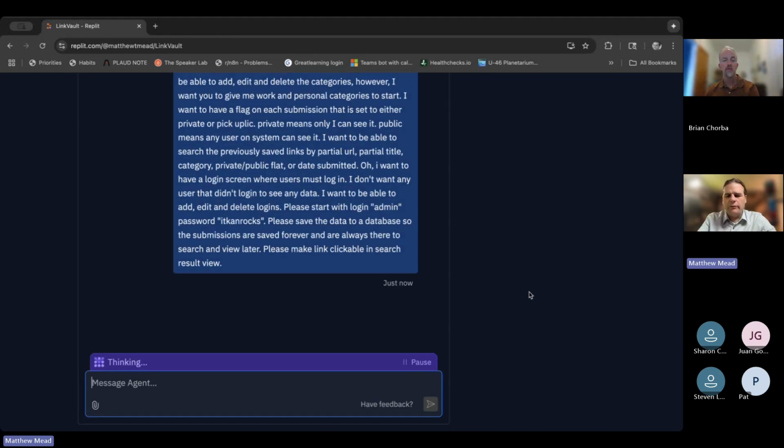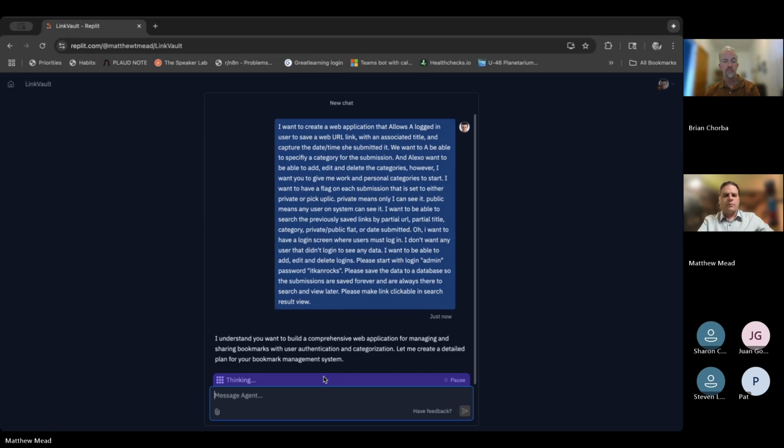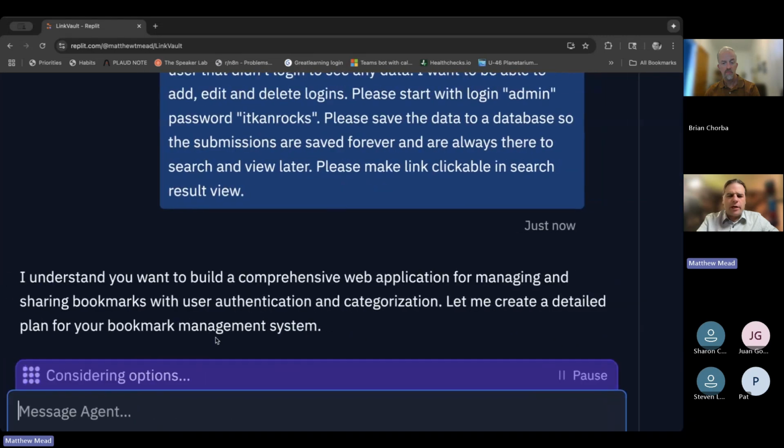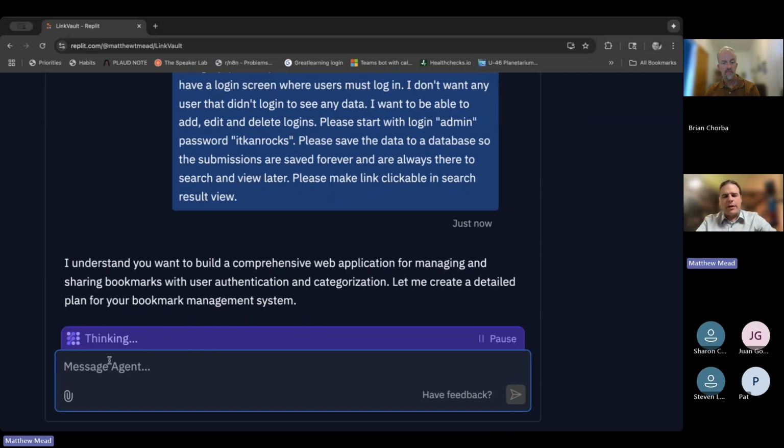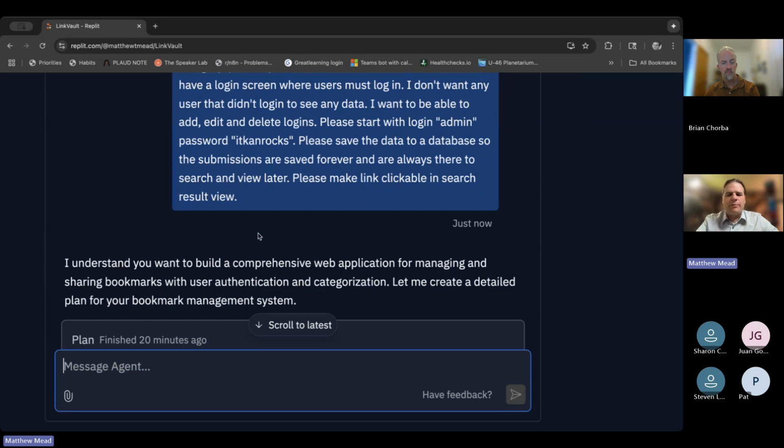Now it's thinking, if you see down here. So if you all can read this, it said, I understand. So it's working, right? This is how it works. It's this long workflow. And every once in a while it might ask me a question and I'll type down in this message agent box. But it said, I understand you want to build a comprehensive web application for managing and sharing bookmarks